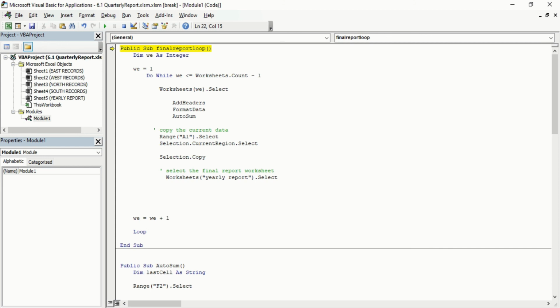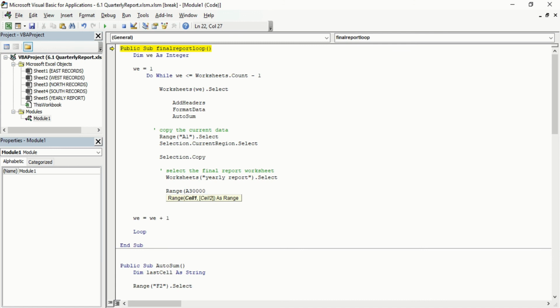Now we will write for the empty cells. That means we will look at the range we put in, equal to A30,000. So it is the last.